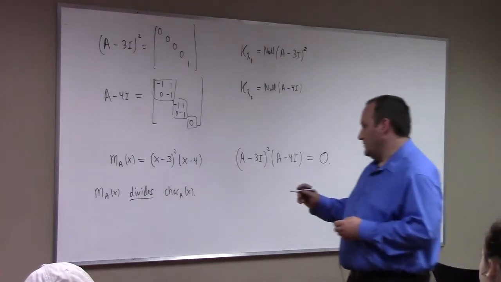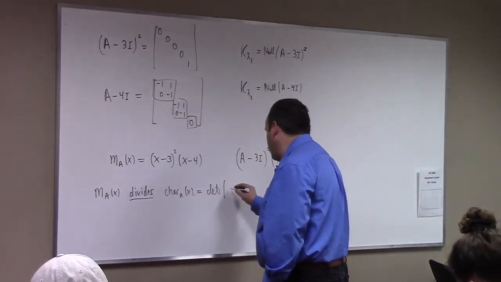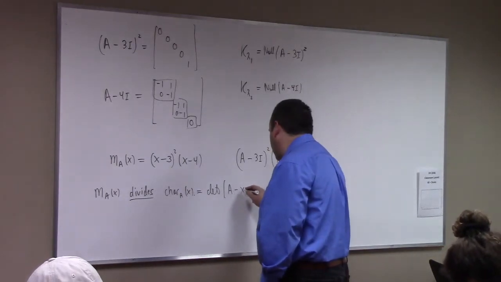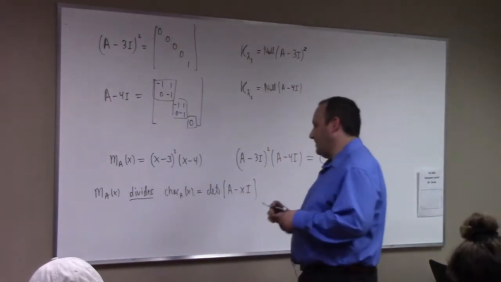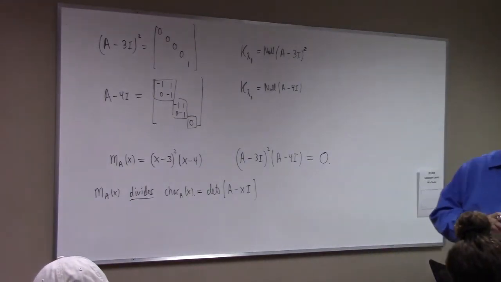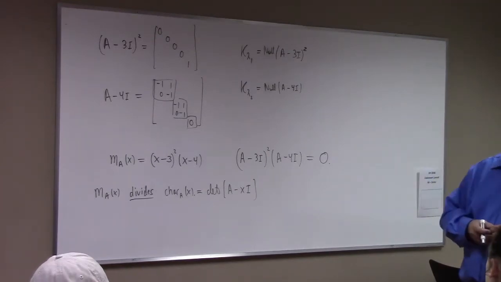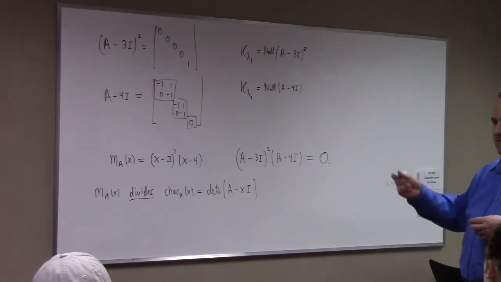Or you could say that this is the determinant. If you don't like working with lambda, if you want to work with x instead, you could do a minus xi like that. And if you don't like having minuses on your x, you could do xi minus a, but then you have to be careful to put minuses on all the a stuff. But for us, we said the characteristic polynomial was that.